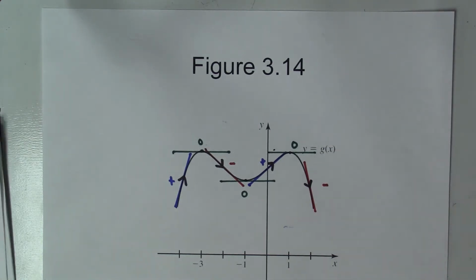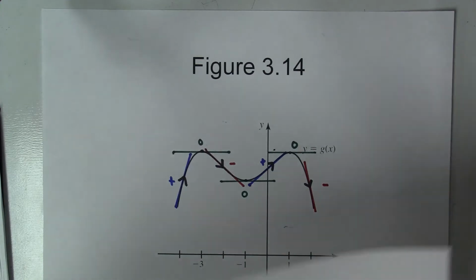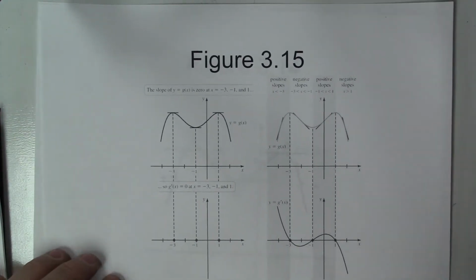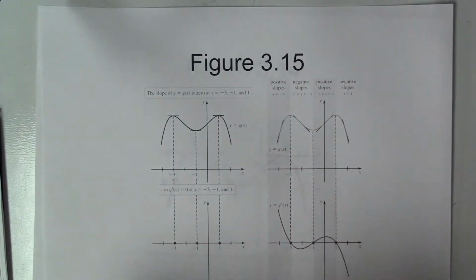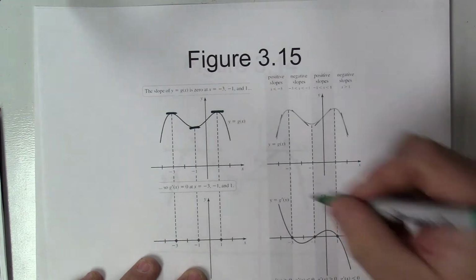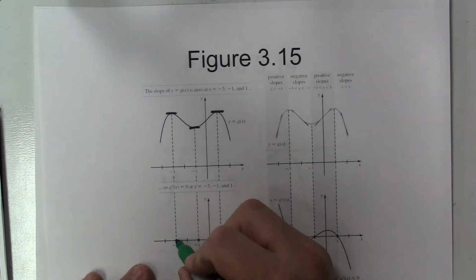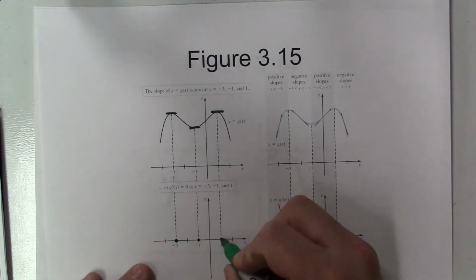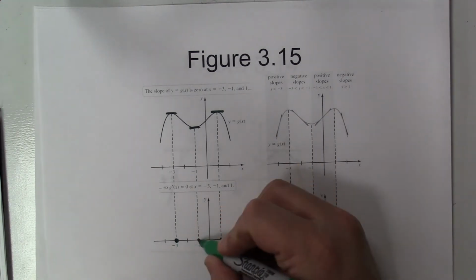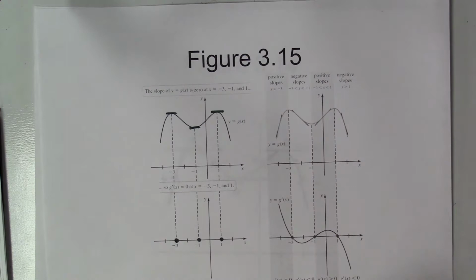And what we see here, if we come to figure 3.15, we noted that here at these tops, we had a slope that was 0, which means the graph of the derivative should have x-intercepts at those 3 points, at -3, at -1, and at positive 1. And then we said, hey, look,